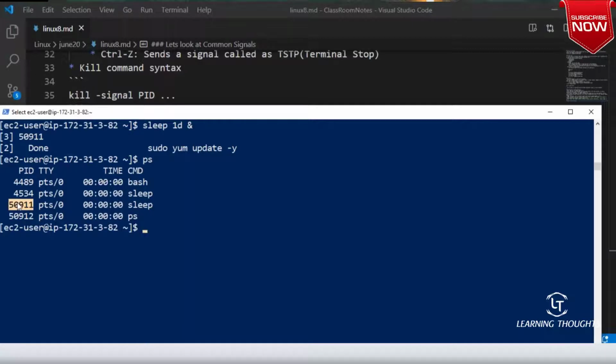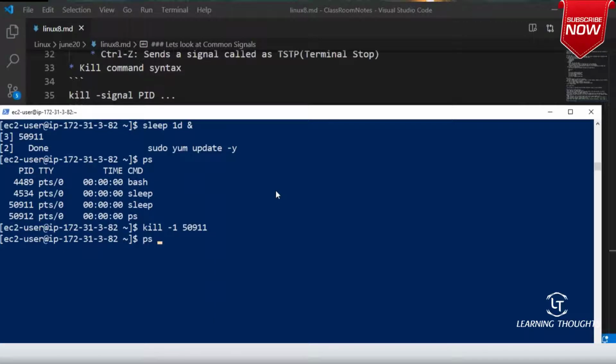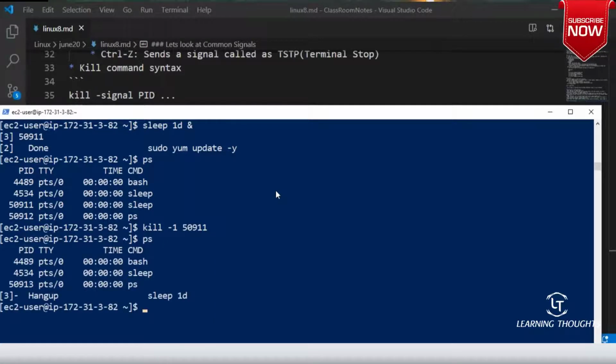Hopefully this is what it is. So kill -1, and then I'm using this process ID. Now let me use ps. So what is happening?